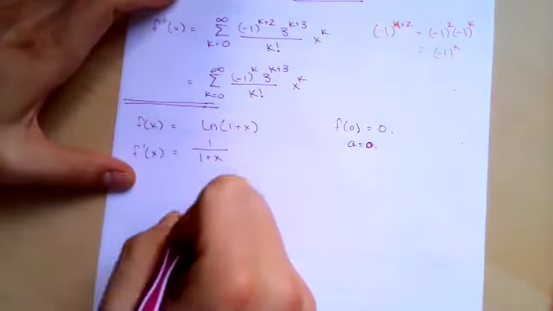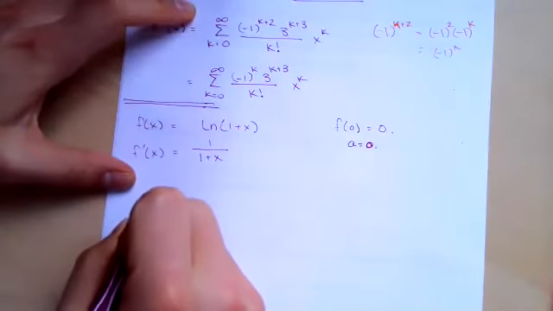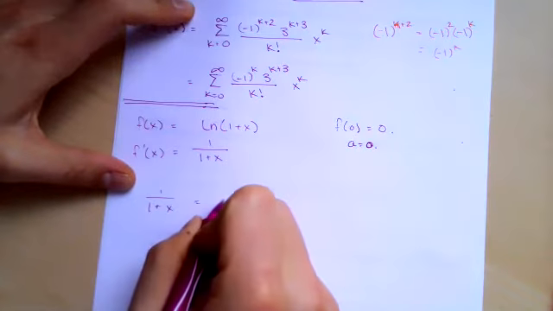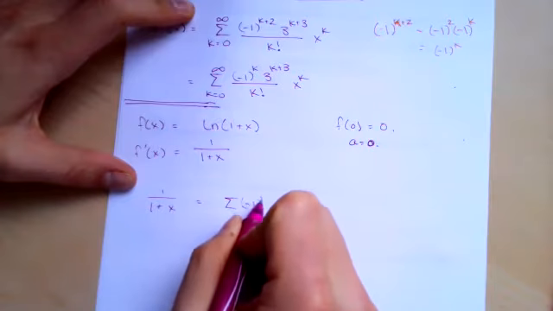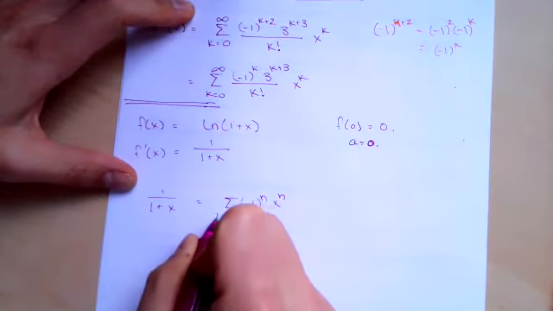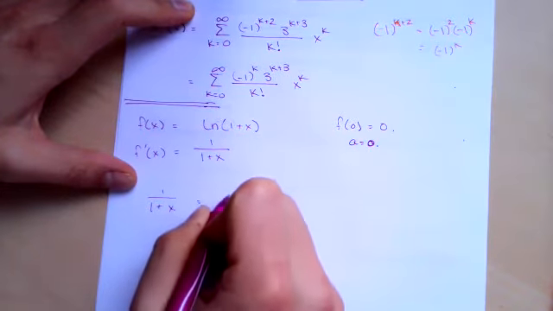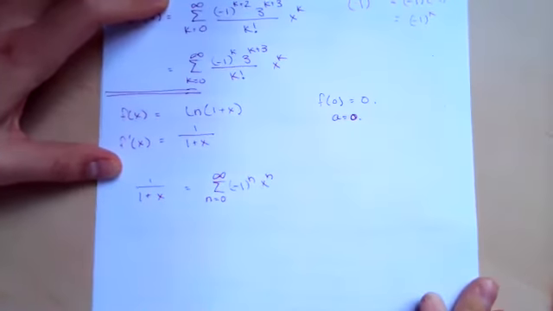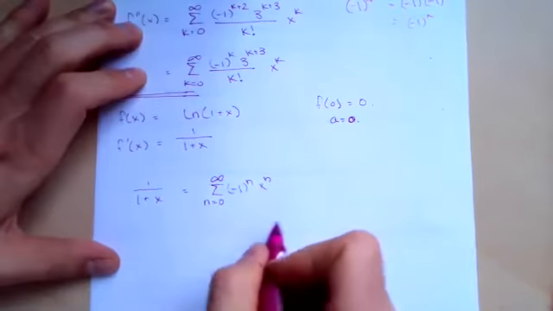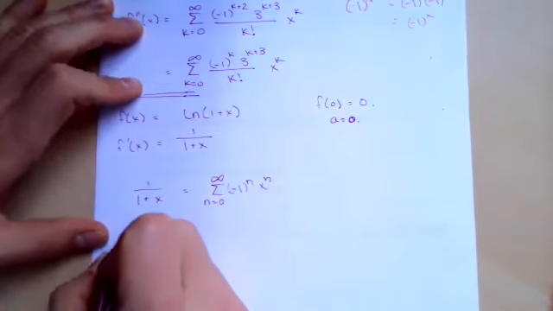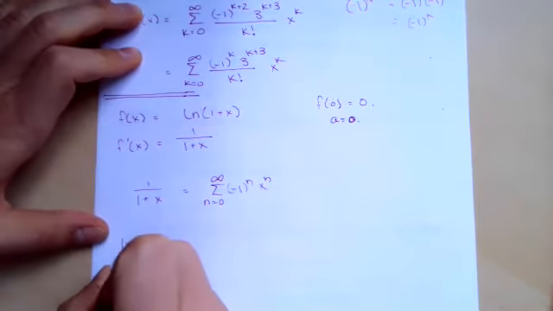So if 1 over 1 plus x is equal to the sum of minus 1 to the n, x to the n, now starting at 0 to infinity, when we integrate both sides, we should get natural log of 1 plus x